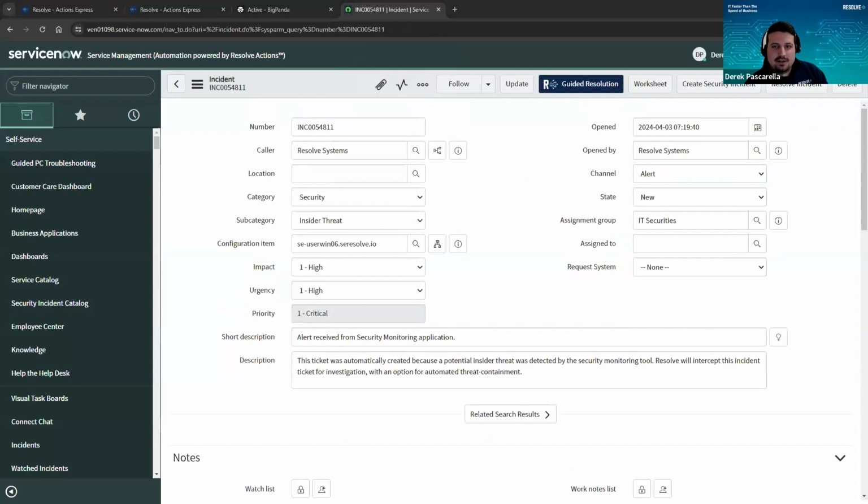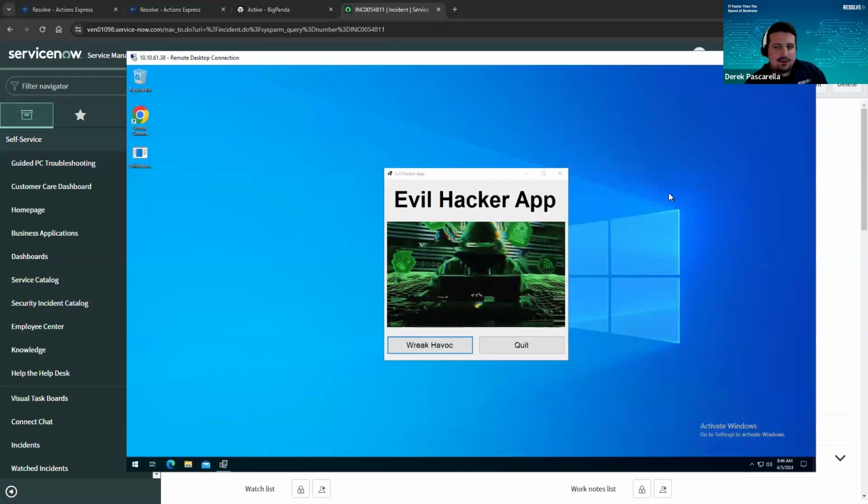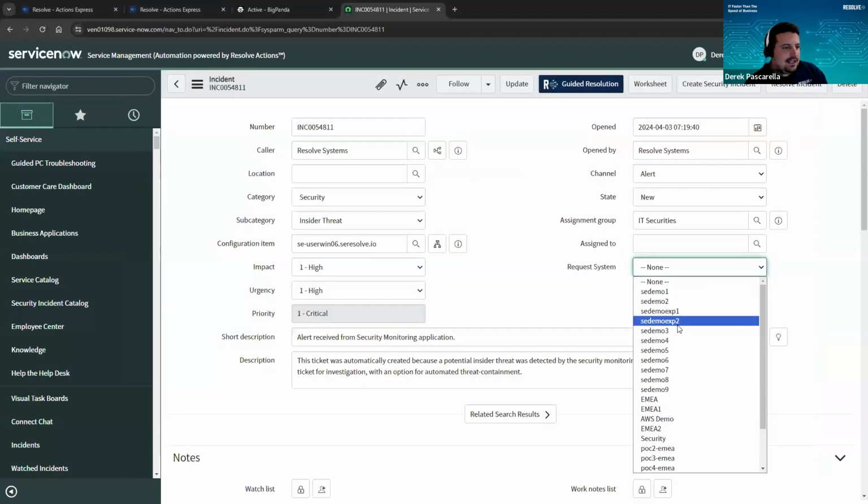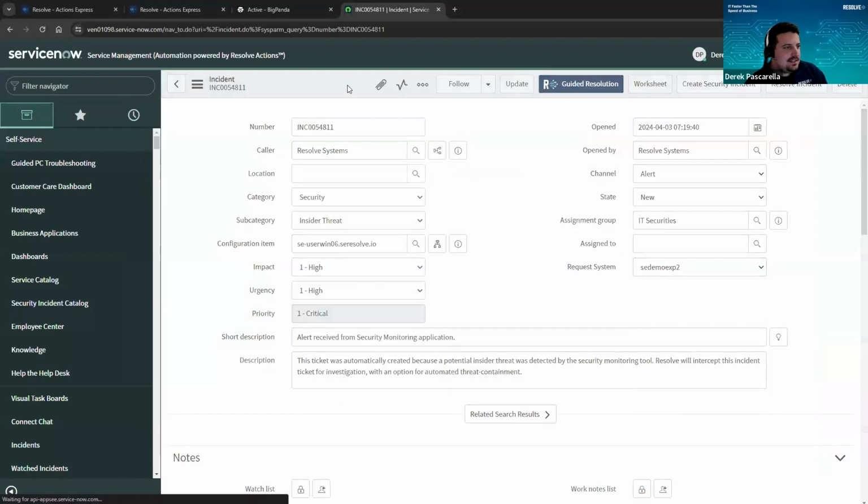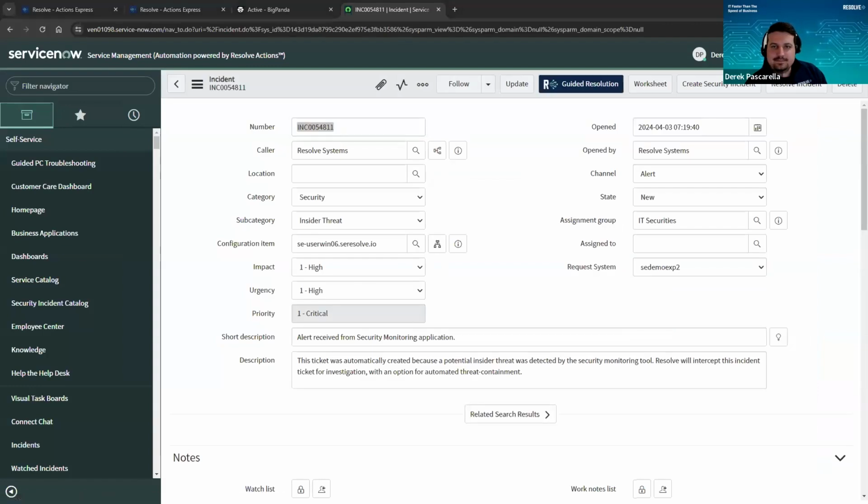So I've actually RDP'd over to our affected host here. And I've got, of course, my evil hacker application running. So I today am the insider who is threatening the security of the organization. And what we are going to do is go ahead and submit this ticket so that Resolve will pick it up. And when we do, a workflow is going to be triggered, and it's going to carry out a number